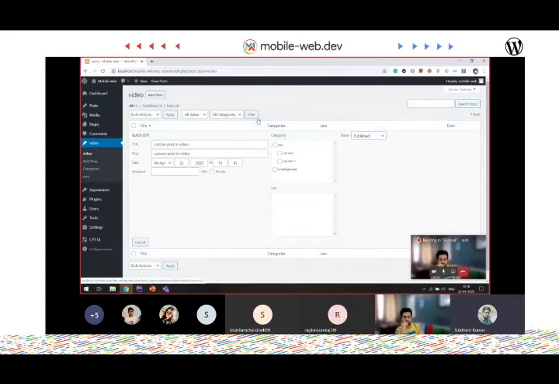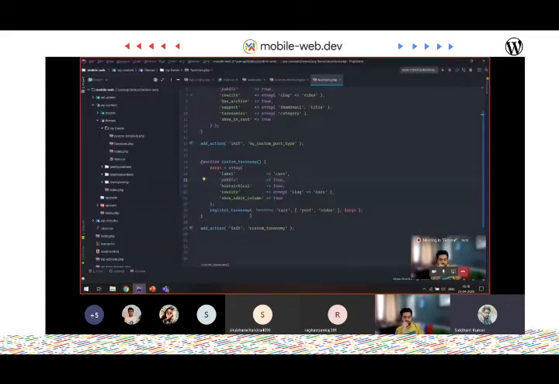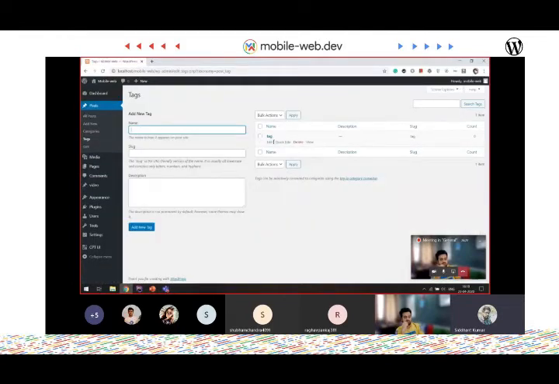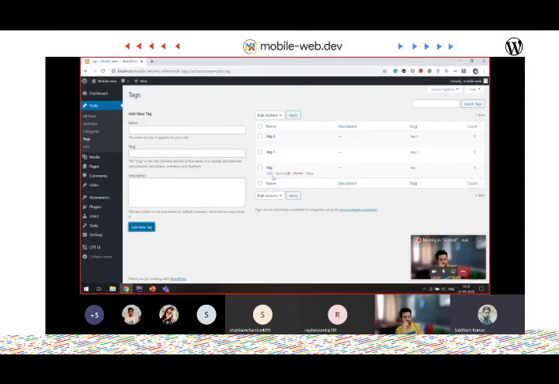Tags are a different thing. Tags don't follow the hierarchical structure as categories do. And inside tags, you cannot establish a relationship like parent and children, but categories do have that. Let me show you an example. When you go to the tag section and try to add a tag, say tag 1, you don't see anything here like parent. You just add it. Another, tag 2, and add it. You see only a single level, no parent and children relationship here.